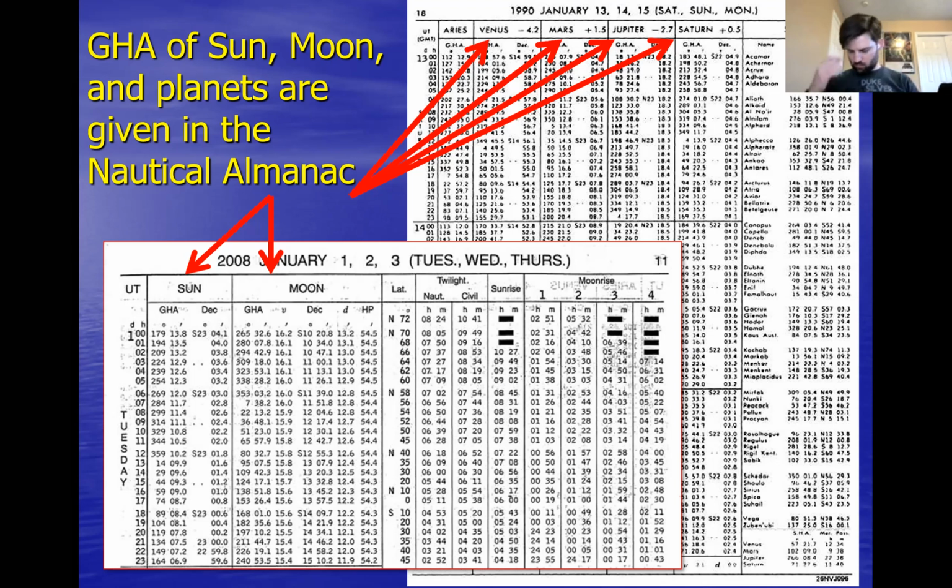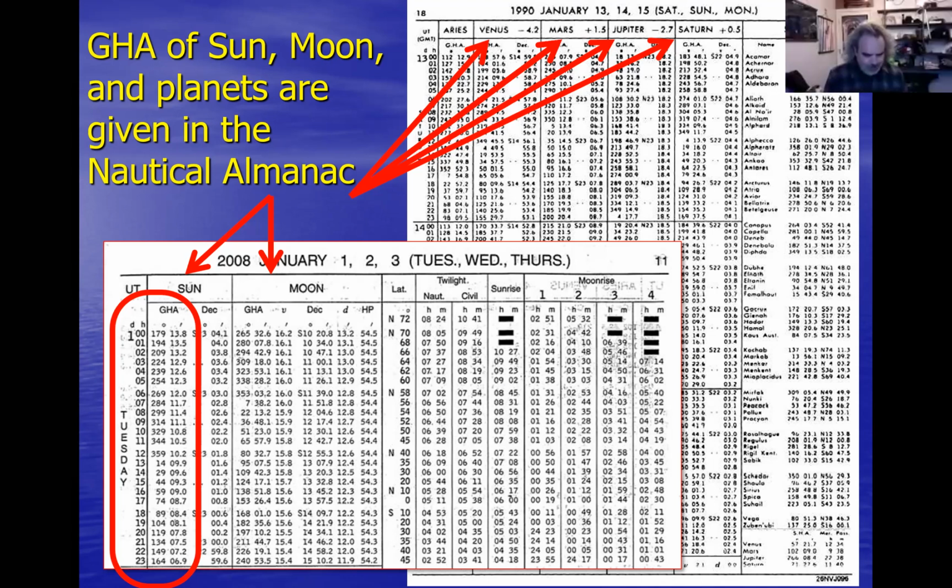You can see that there is a column here that tells you the GHA of various objects on these three days. This page is only good for three days: May 10th, May 11th, and May 12th. Then if you had a Nautical Almanac, you'd flip the page, and each page consists of three days. So if I want to know the position of the sun at exactly, let's say, 5 a.m. Greenwich Mean Time on Tuesday, January the 1st,